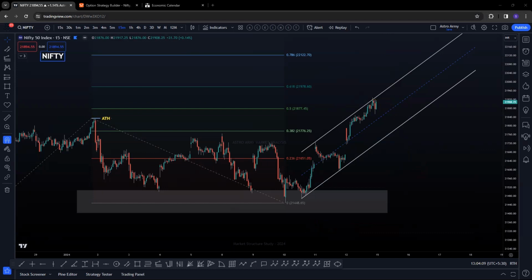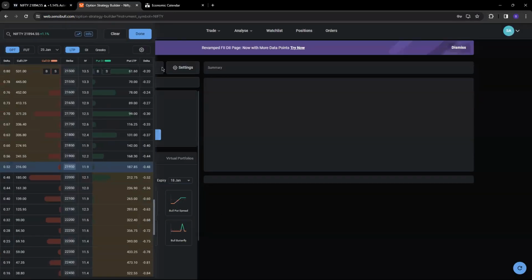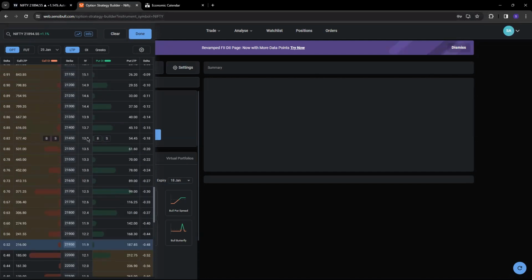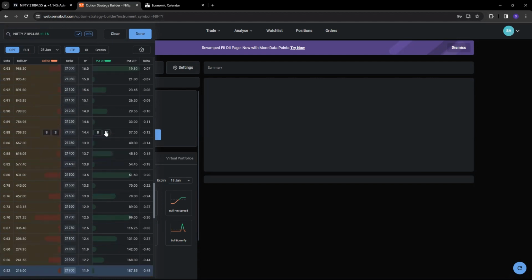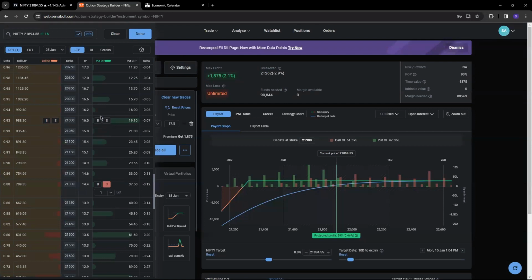If you have sold your options from the level of 21,450, at this stage, I told you the premiums were very, very high. Let me just show you an example. This is the Sensibull website. I think many of you already know Sensibull. This is just a strategy builder. Again, I'm not showing you how to trade. I'm telling you what I saw in the market. It's very important to make that distinction. Consult your financial advisors if you are considering any trading activity in the markets.